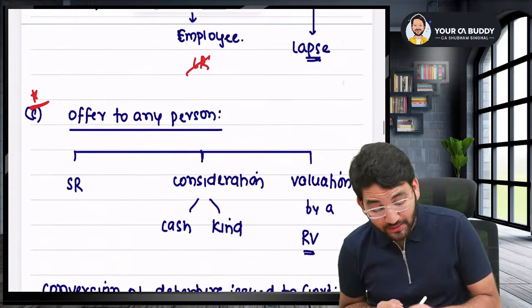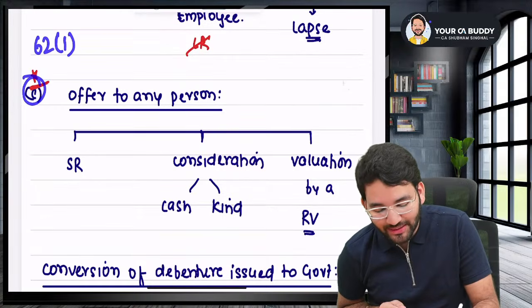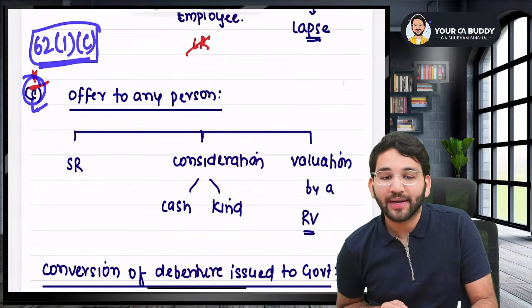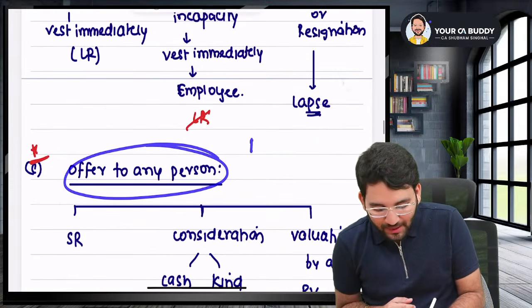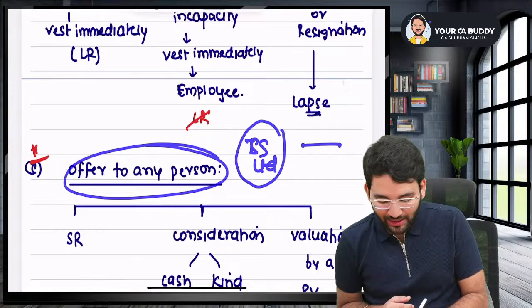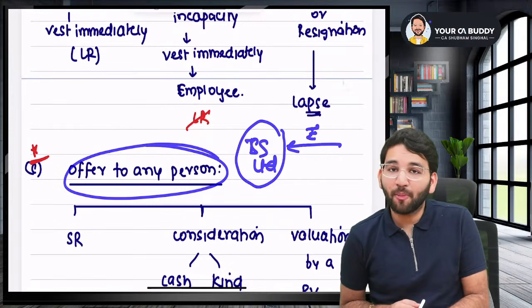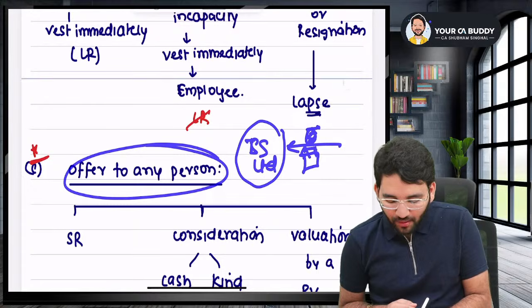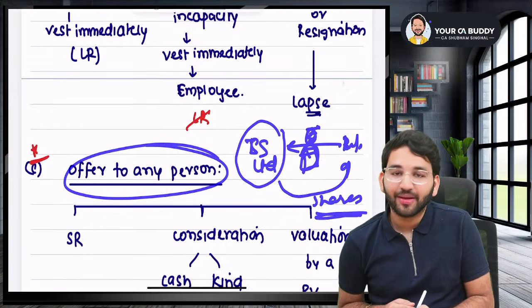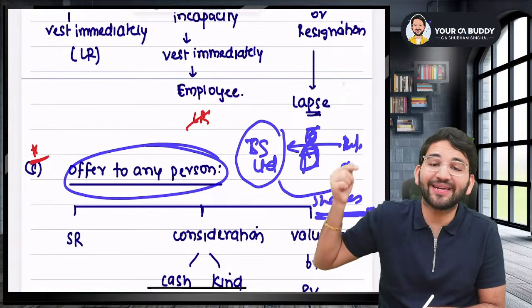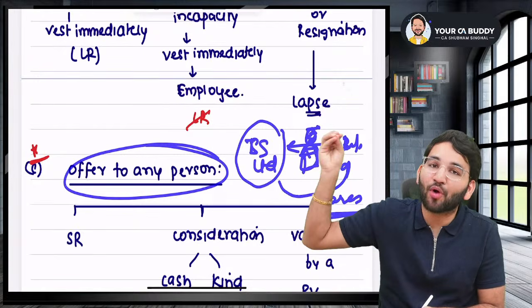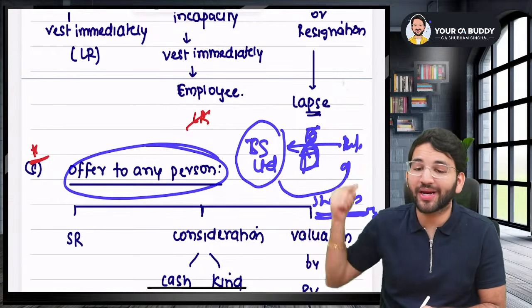Okay. After that, sir, point number C is very important. We are reading section 62(1)(c). It talks about offer to any person. For example, if my company is, let's say, SS Limited. Now, guys, listen to me very carefully. If I took a building from a builder and in return I gave him the shares of my company, am I getting any consideration? Yes, sir. Is that consideration in cash? No, sir. It is in kind, as in I'm getting some property. So in this case also, you are issuing shares for consideration.